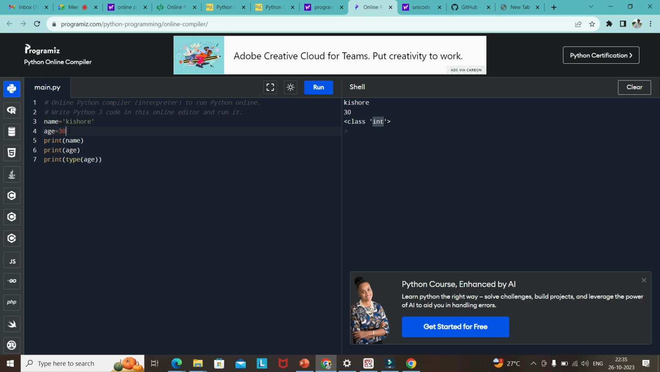If I give some point 0.05, now again it changes to float. So you don't need to take care of any data types in Python. You can modify any data, you can pass any data type,